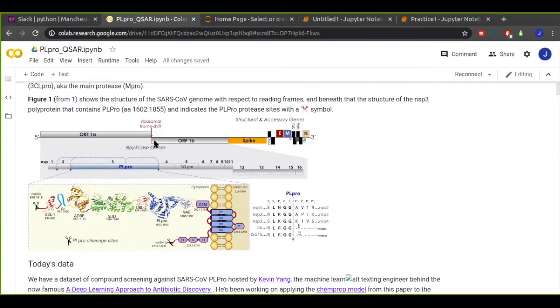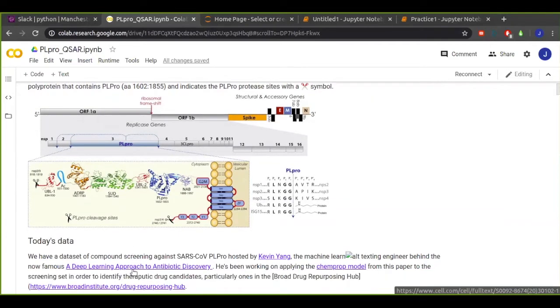so the way the virus generates its machinery is it generates it all as one long polyprotein, which it then snips down into the individual proteins that do various functions, like replicate the RNA and stuff like that. Why is it expressed as one long polyprotein? I'm not exactly sure, but I think this is fairly common in viruses. If I had to guess, I'd say it's an efficiency thing.